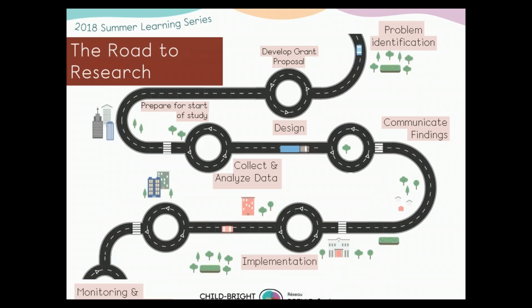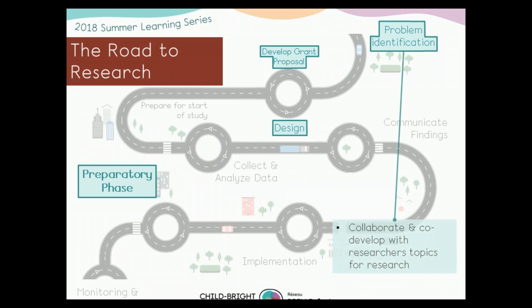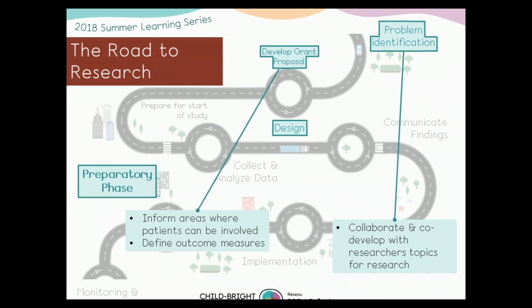Remember, we had our 3 phases. At the preparatory phase, what sort of involvement can patients offer? Of course, this list is not exhaustive, so just keep that in mind. At the problem identification stage, you can co-develop and collaborate with a team, with researchers and patient partners, to explore and develop research topics to be considered. That can then translate into the grant proposal phase, where patient input can inform